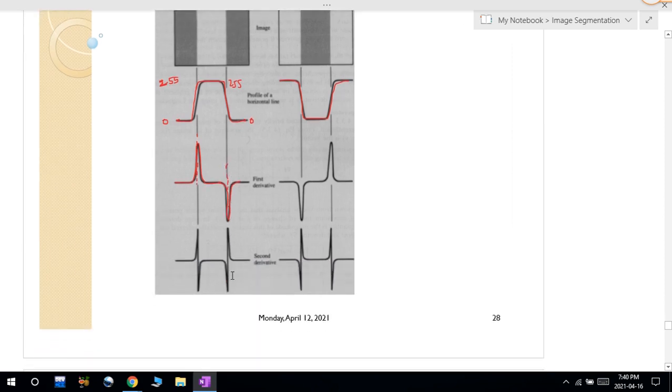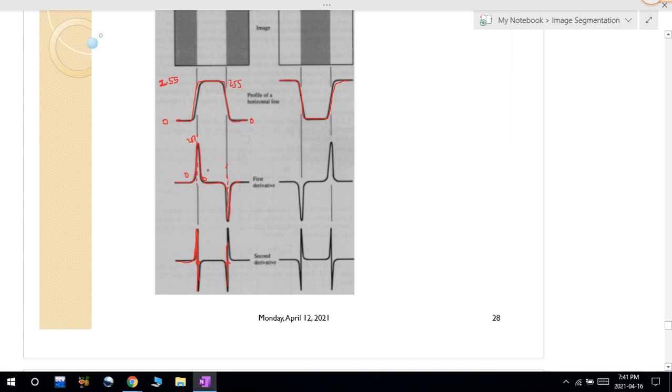And after applying the first derivative, most commonly within the first derivative itself, we will try to find out the edges. If at all not possible, then we will try to apply the second derivative. In case of second derivative, again 0 to 255 changed, and again 255 to 0. This is indicated by using this one. Here in the second derivative, we will try to find out the zero crossings. So this is called zero crossing. From this one, it is crossing. This is called zero crossing. In case of this second derivative, we will try to find out this zero crossing where edges may be present.